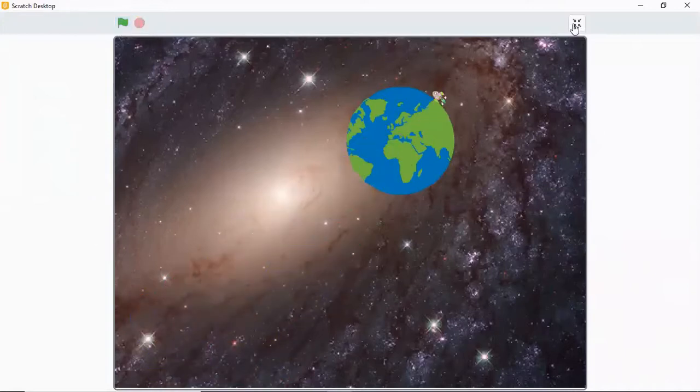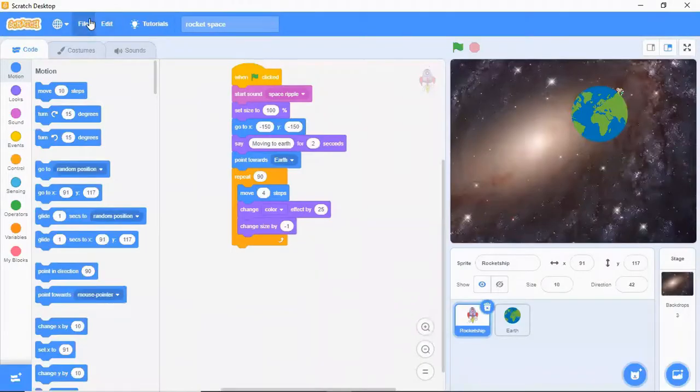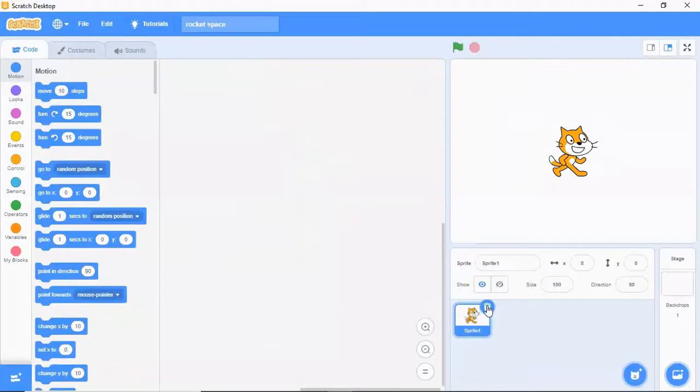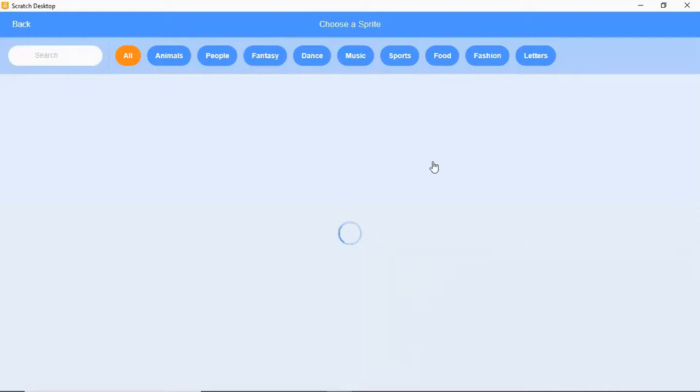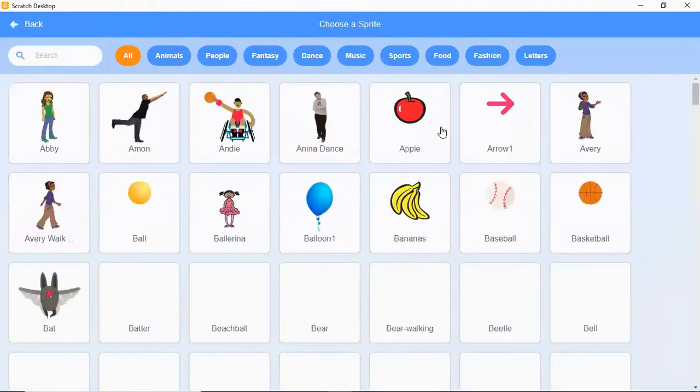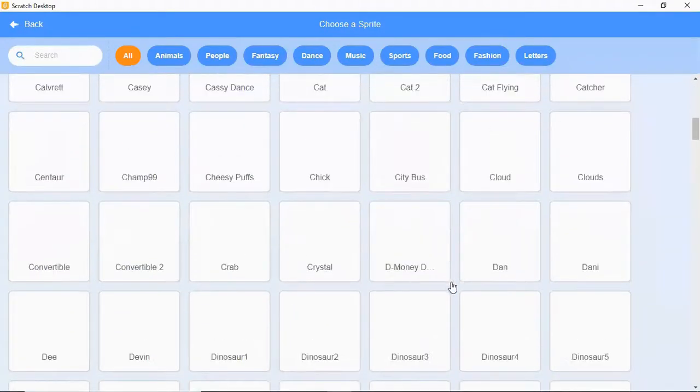Now let us recreate this project. File, new. For this, I will need two sprites. So choose sprite. I'll just scroll down.